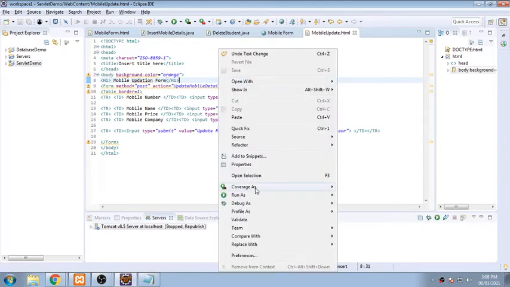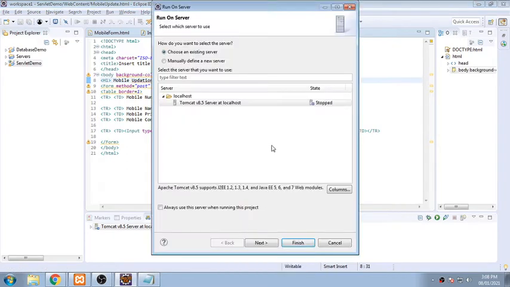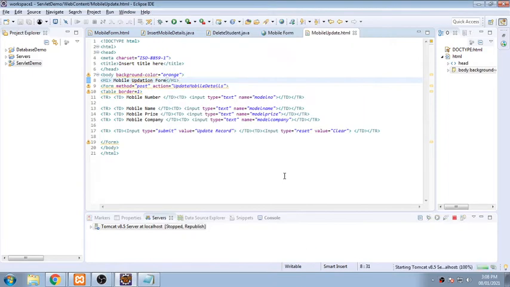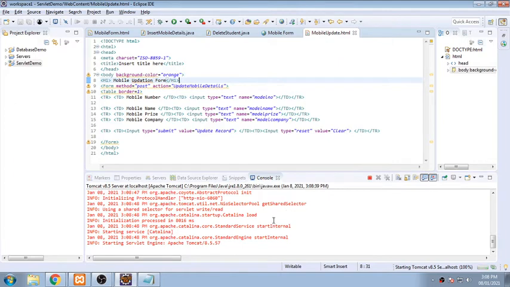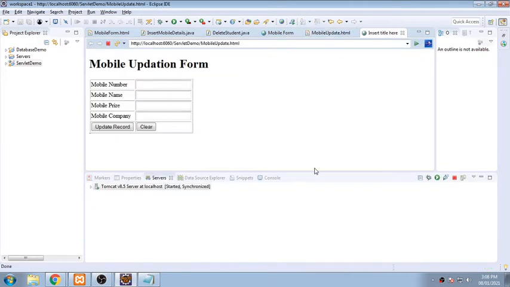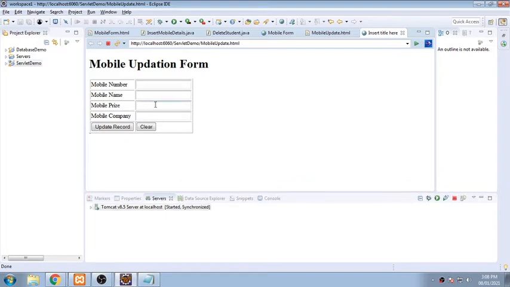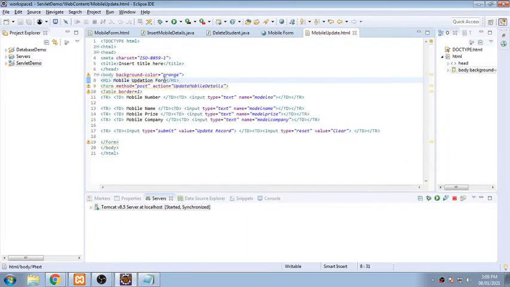So I'm running this one, run as servlet server, and it has been executing now. We are not getting color.